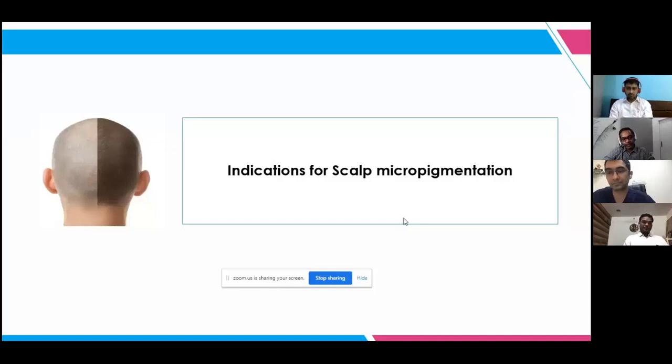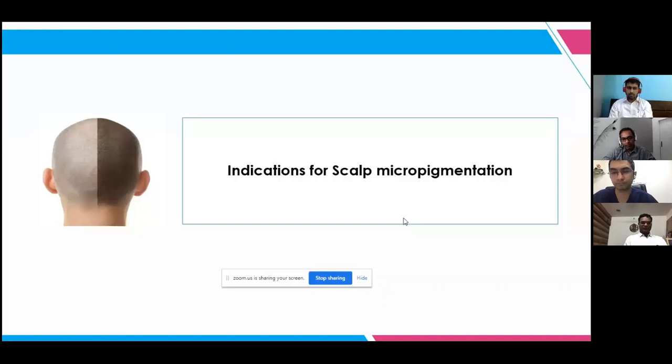And then I think this question goes to indications for scalp micropigmentation. Anybody has tried? Anybody can answer this question. Sure. I do scalp micropigmentation frequently for the scars, strip surgery scars, and FUE donor scars, and as a combination along with the hair transplant, particularly for vertex. Did anybody try it on eyebrows and eyelashes, something like that?